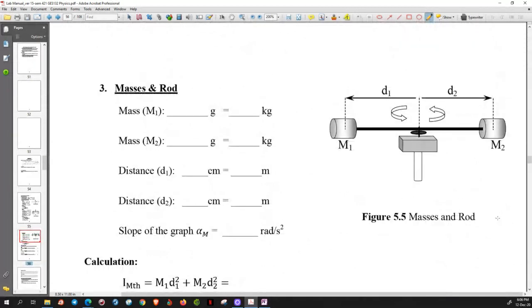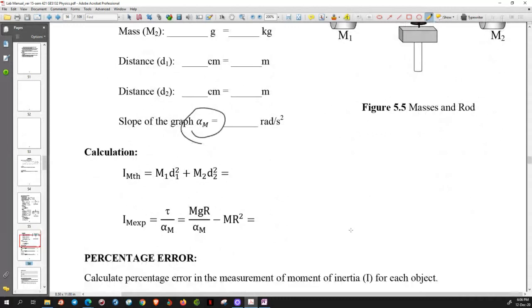Okay, let's go to the mass and rod. Here, you have to find the slope of the graph, which is alpha. Now you have to be smart, okay? The alpha here is the graph of what? Velocity angular, which is omega. You have this in theory, okay? Versus time. So what is omega versus time? You have radian per second,